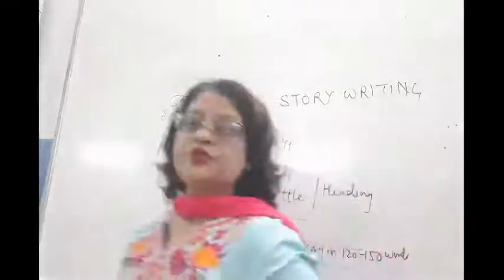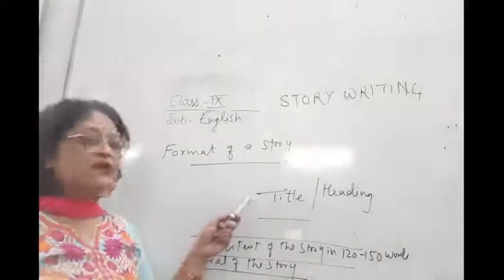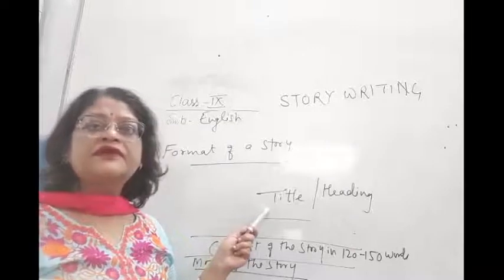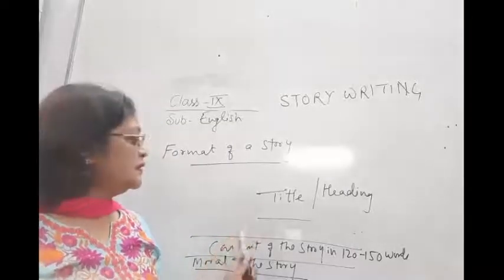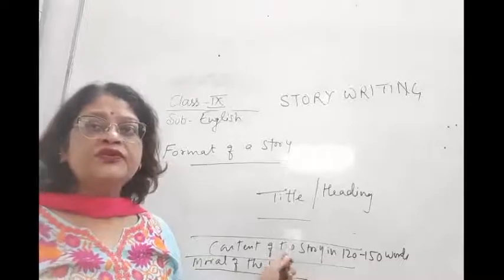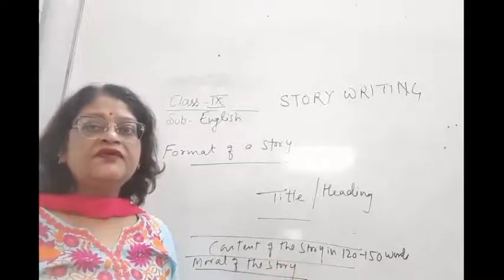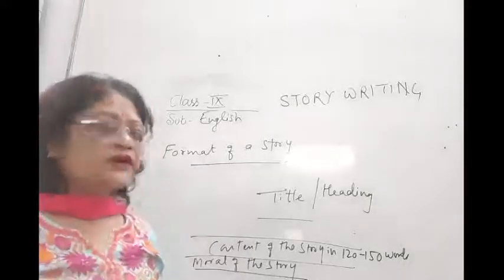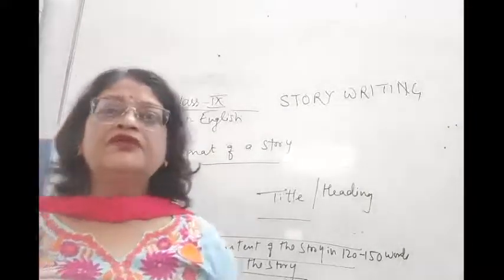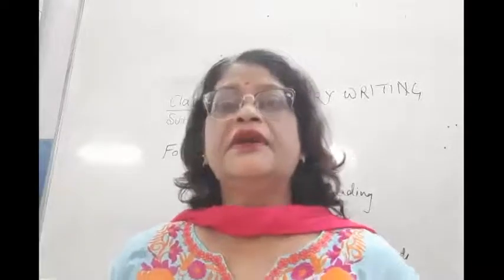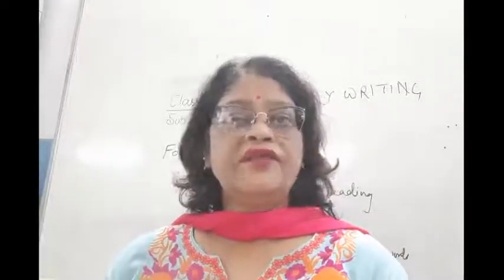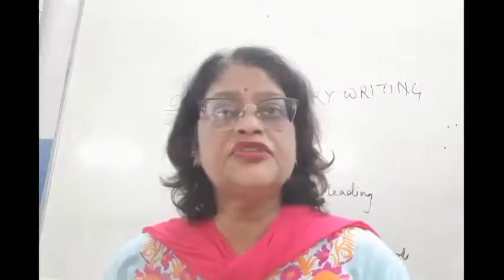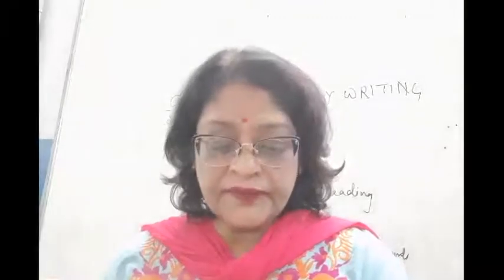Let me explain to you student the format of the story. You have to write the title of the story according to the theme which is given. Alright, and then your content of the story should be there according to the given words, and of course children, finally you have to write the moral of the story. Your moral should be related with the theme of the story. You have to see this thing, your moral should be according to the theme of the story. This you have to see. Okay,